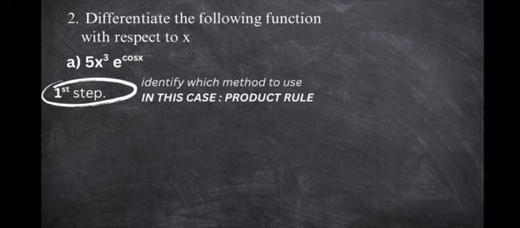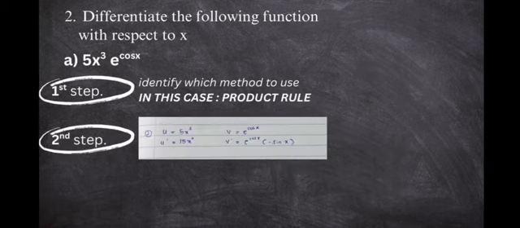The first step is to identify which method of differentiation we should use. In this case, we use the product rule. To solve this, by using product rule, we have to identify u, v, u prime and also v prime of the problem we are looking at. Here, we can say that u is 5x cubed, v is e power of cos x, while u prime will